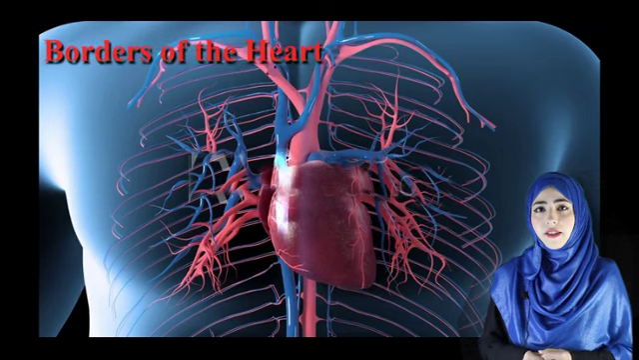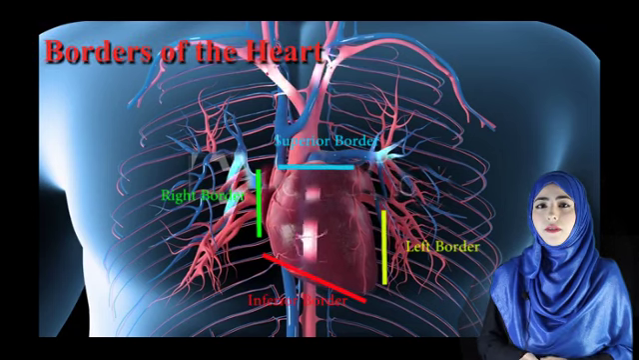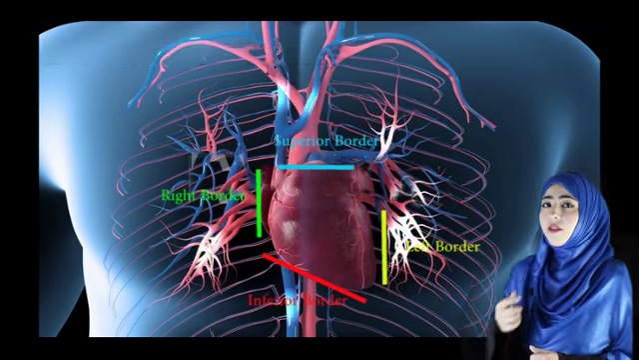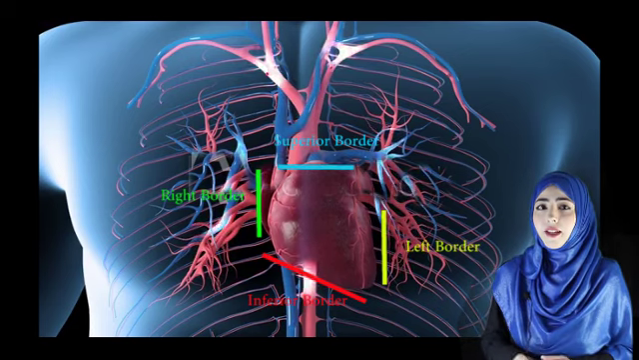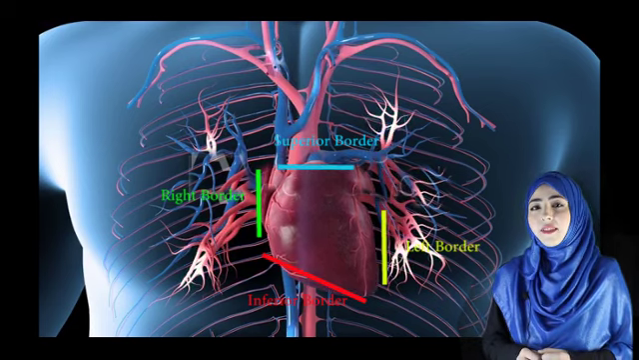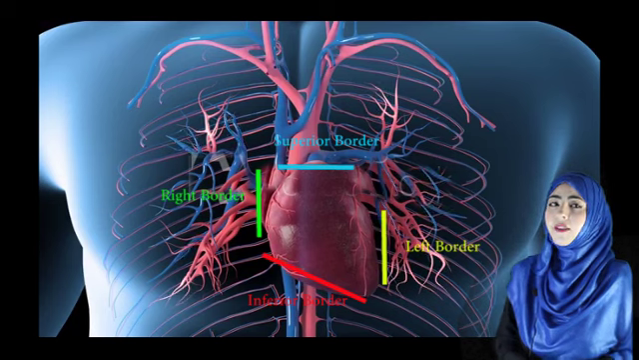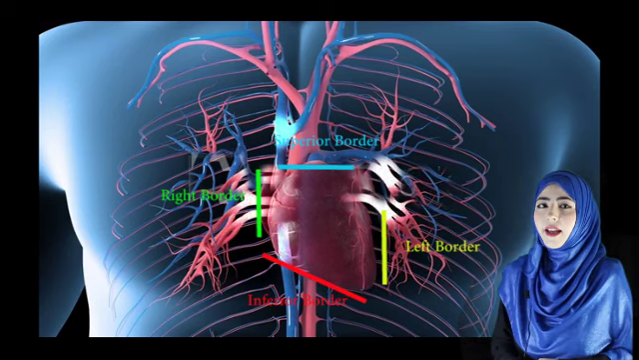The heart consists of four borders. The first is the right border, slightly convex, formed by the right atrium and extending between the superior vena cava and inferior vena cava. The second is the inferior border, nearly horizontal, formed mainly by the right ventricle and slightly